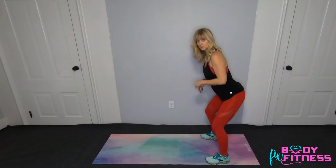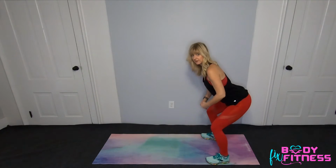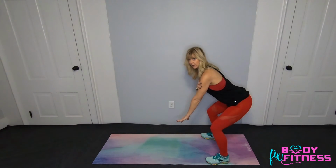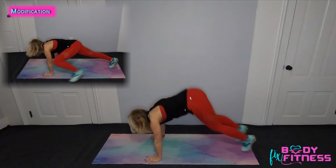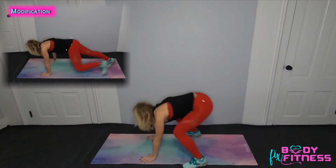We're going to get down into a squat, so sit your butt back, get your weight into your heels and midfoot, and then we're going to jump down to a plank. So we're going to bring our hands under, you're going to keep them under your shoulders. You're going to come down, jump back, okay? We're in that high plank position, you're going to jump back up into that squat. You're not going to go all the way up, you're going to stop in the squat. Come down, jump,